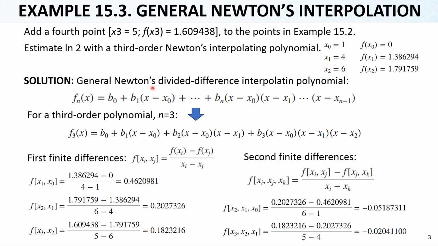So for the general Newton's divided interpolation polynomial, our function is this actually. Now we will truncate after the third term, and we will have b0, b1, b2, and b3. In b2 we had the first two data subtracted from the x value, which will be 2 for us. And when we add the third term, b3, or the fourth term, let's say 1, 2, 3, fourth term,